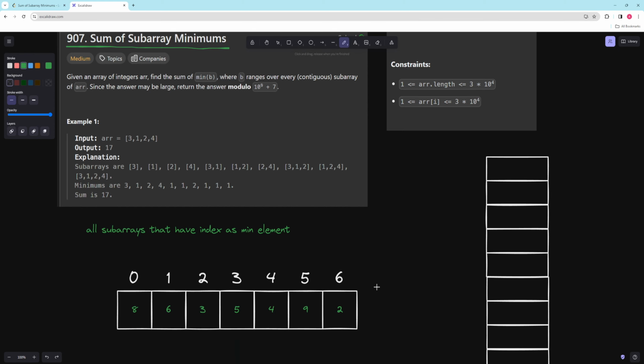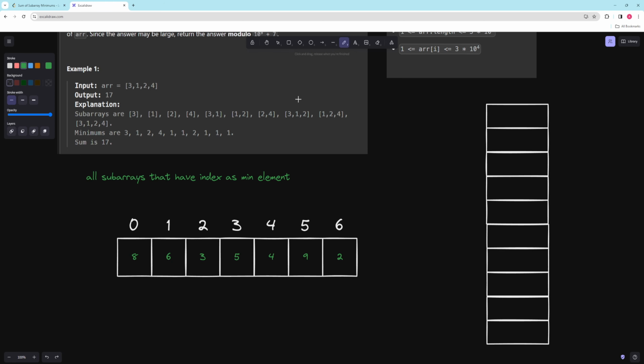So here is a sample array. This is the one they actually used in the editorial, and it's a really good example of how to do things. Basically our goal is, for every single number, to figure out where all the subarrays are that have that number as the minimum. Now the first part of this problem is, let's say we know for 8,